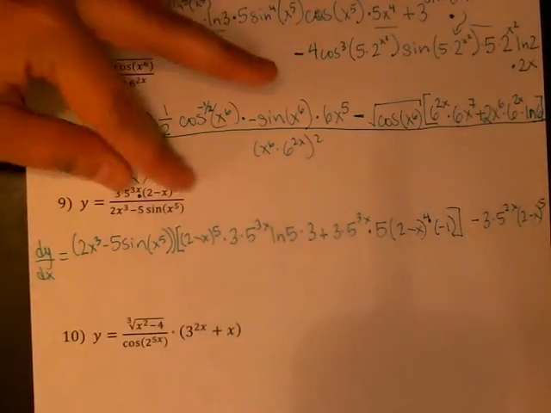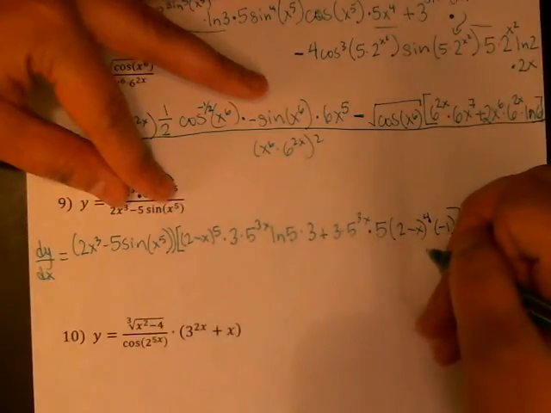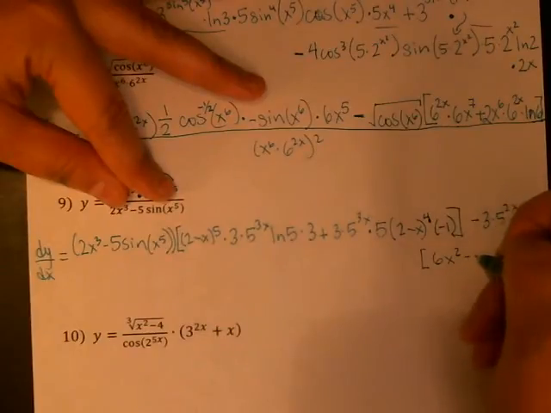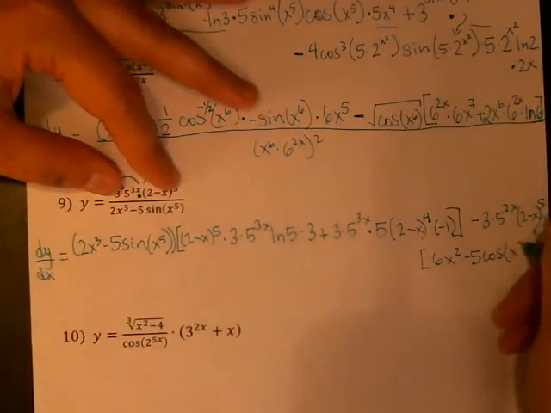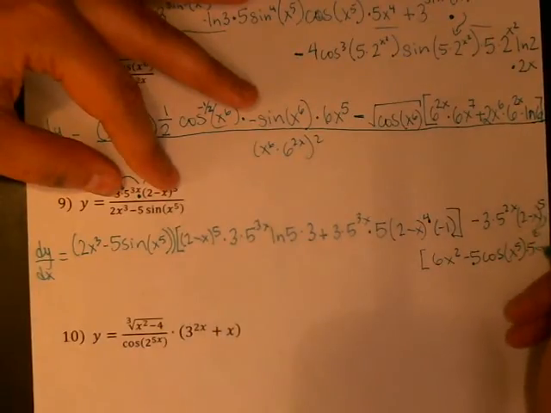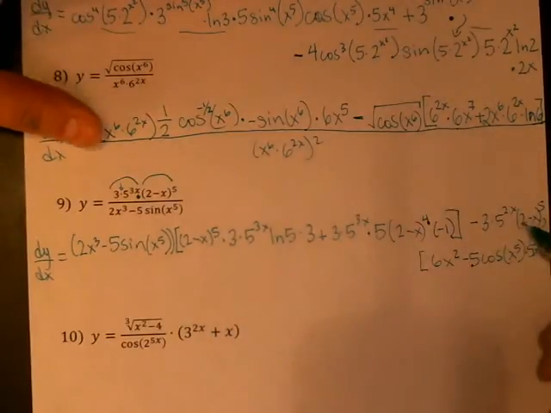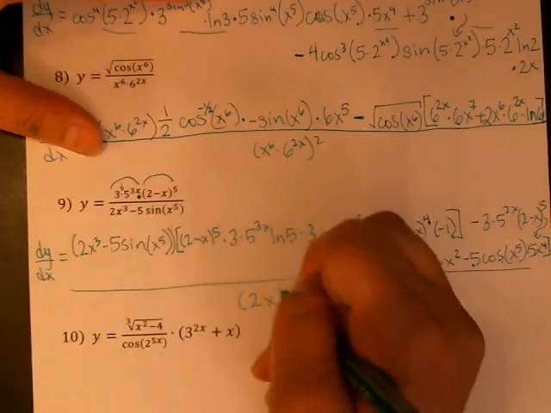Times the derivative of the bottom. The derivative of the bottom isn't too bad, but I still didn't leave room for it. So the derivative of the bottom is going to be 6x squared minus 5 times the derivative of sine, which is cosine stuff, times the derivative of stuff, which is 5x to the 4th. Okay, so there's the top times the derivative of the bottom, and all of that should be over the bottom